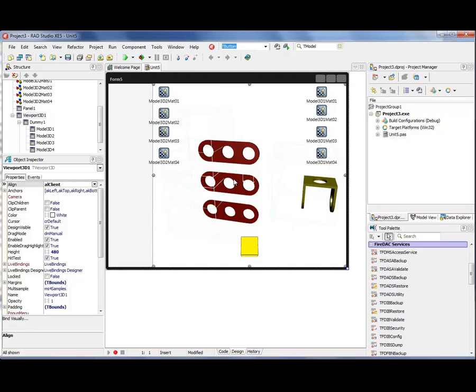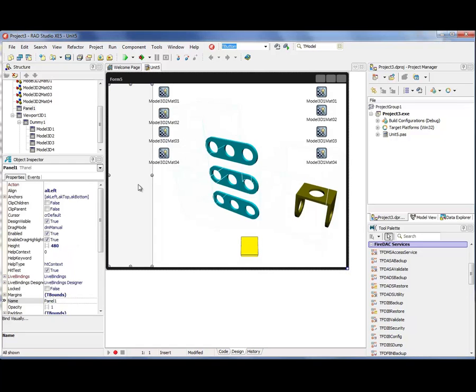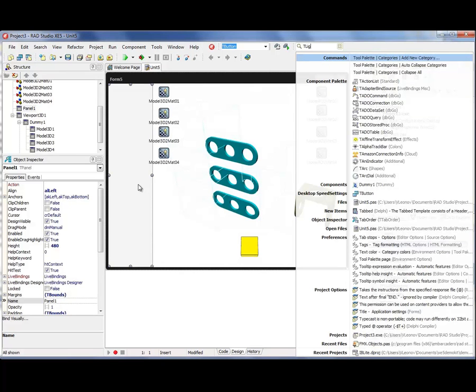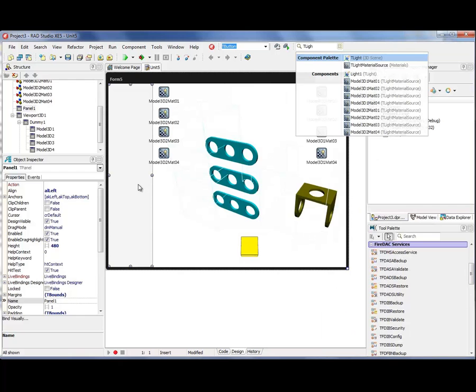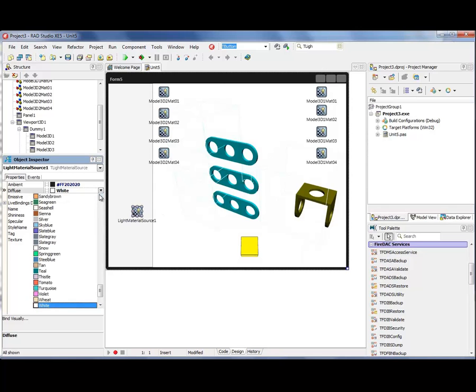Let's see how it will be. Let's do this in runtime. First, in design time, we are adding a light material source and assign some pink color to it.